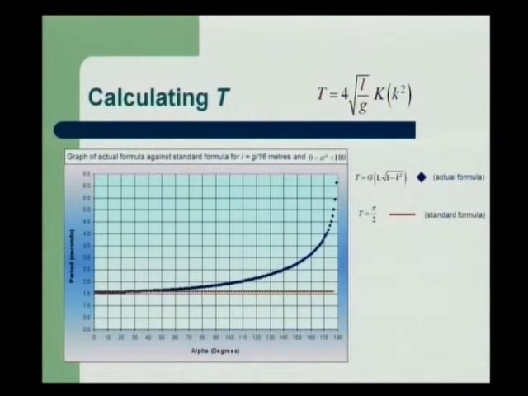If we now take L as being g over 60 meters for simplicity, we can plot the time period predicted by the actual formula, shown in blue, against the time period predicted by the standard formula, shown in red. And clearly there's a discrepancy between the time period predicted by the two formulae, and this discrepancy increases as alpha